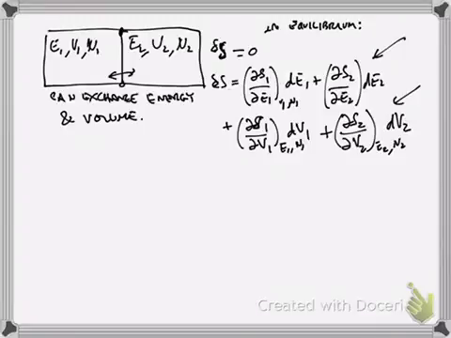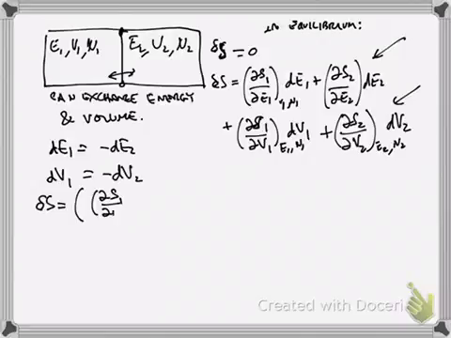Again, we have that the total energy is conserved, which means that dE1 has to equal minus dE2. And similarly, when we move the partition back and forth, dV1 has to equal minus dV2. Any volume gained by system 1 has to be lost by system 2. So if we regroup everything, we have delta S equals